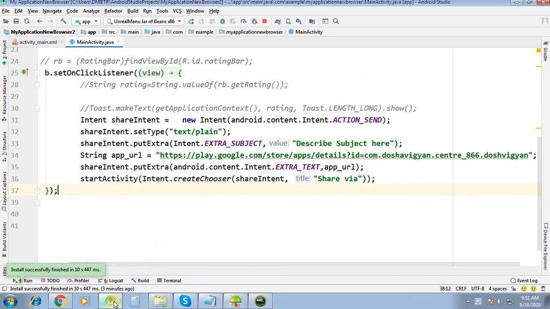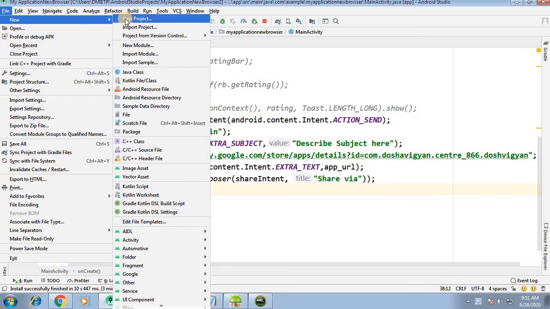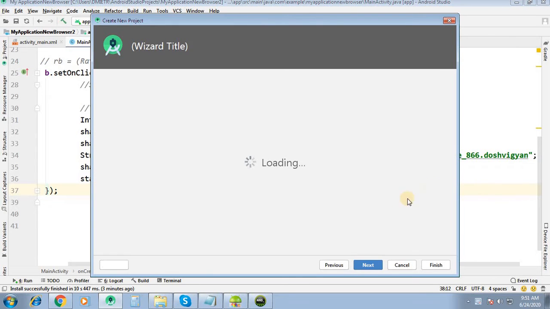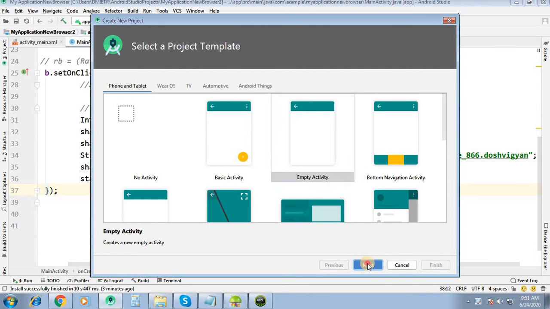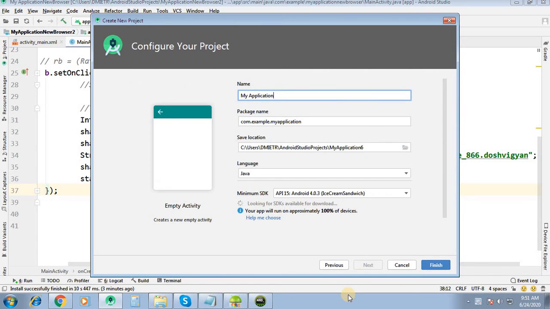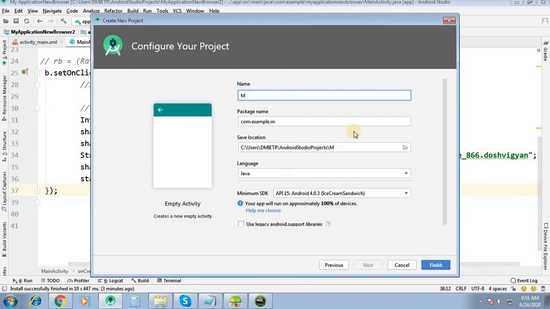Go to Android Studio, from file, new project, empty activity, next. So here I am adding my rating bar, Java, API level 15, and click on finish.